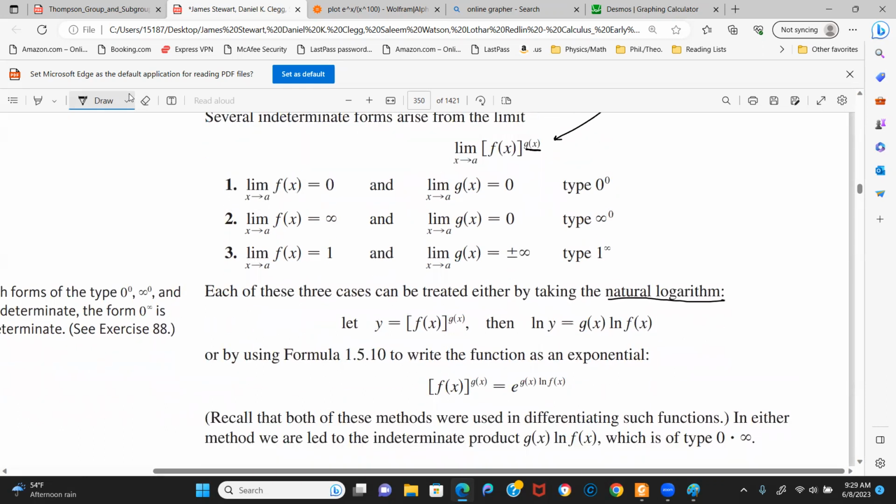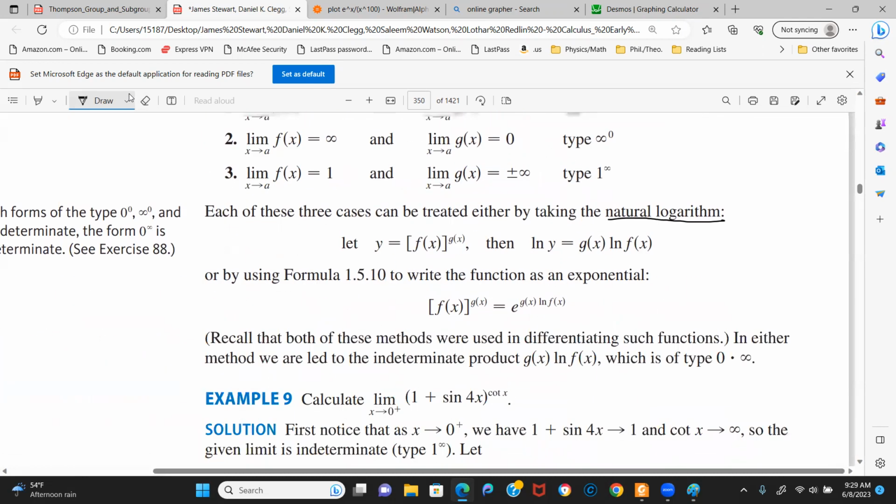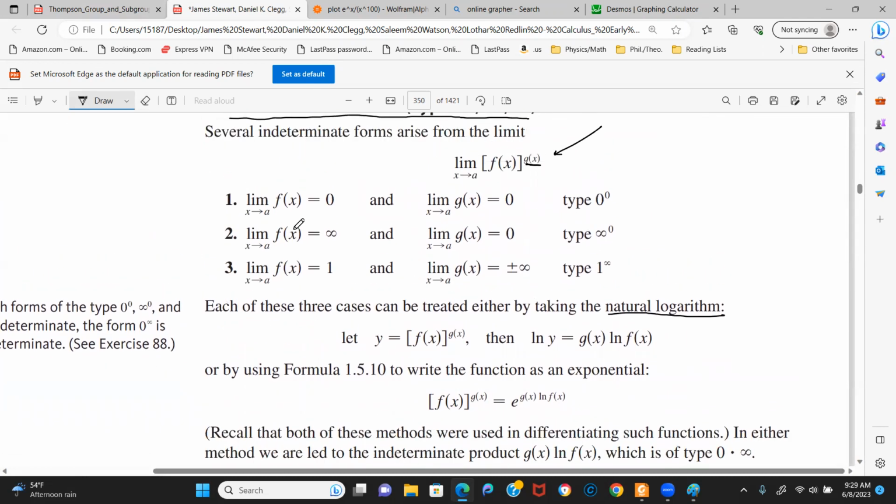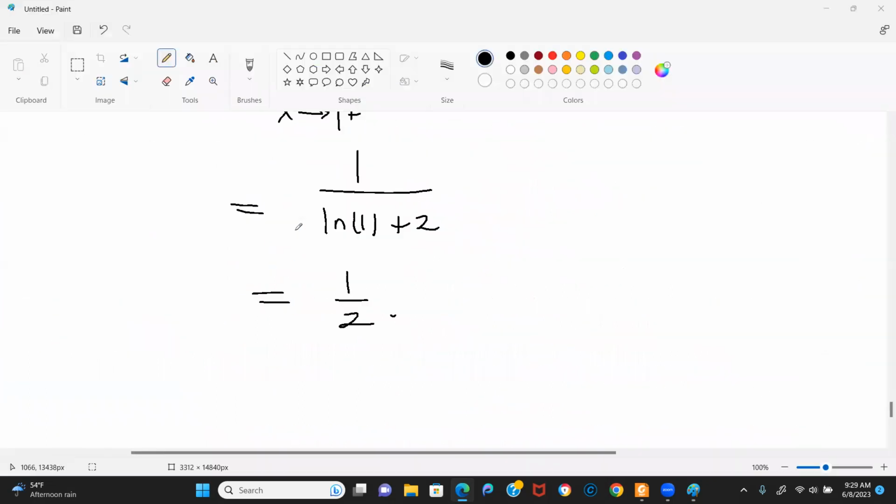I'm not even going to bother going through these details because I don't know if they're terribly helpful. I'll let you read this little discussion here. But let's just look at an example. I think it's better to look at an example to illustrate how to deal with these types of indeterminate forms. So this is example 9. So we want to calculate